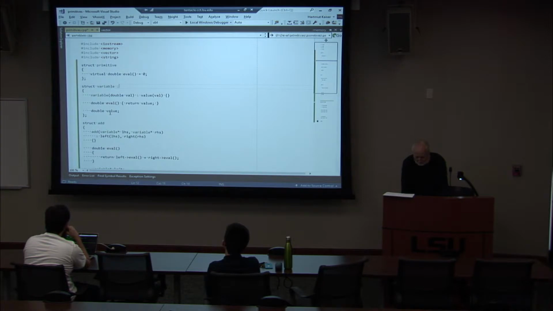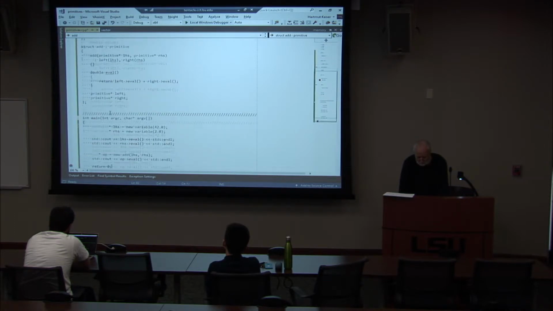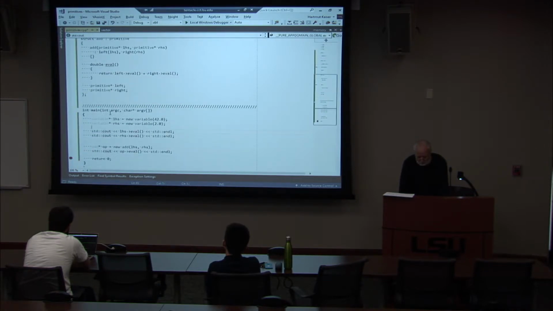And we derive our variable and the add from a primitive. Now we can initialize add from two primitives, store two primitives here. And what we can do here is